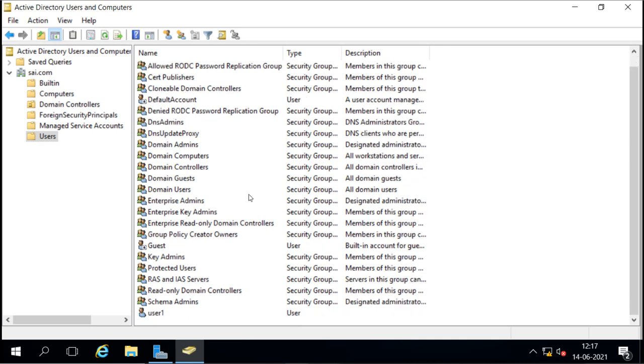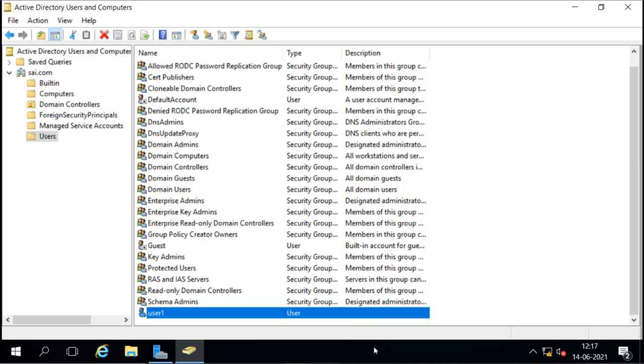If we want to create any user or group, we can create it under this domain, mostly under the Users folder container. Right now these are the default accounts, and I have created one account here, which is user1. Now this user1 is a normal account. A normal account will not be allowed to log in to the domain controller. These normal accounts are not permitted to log in to this domain controller.